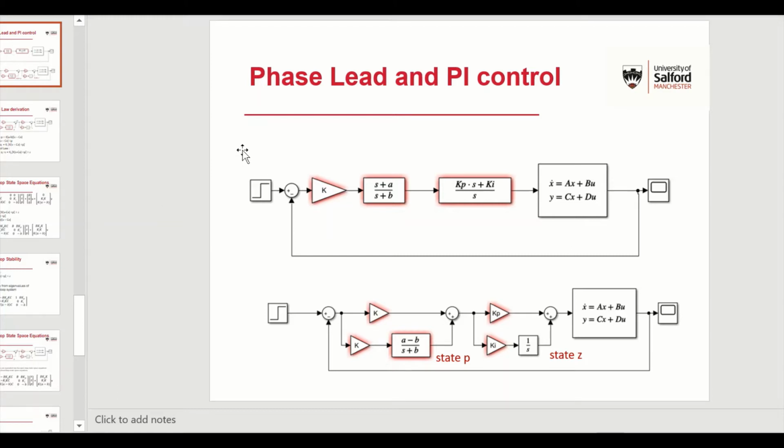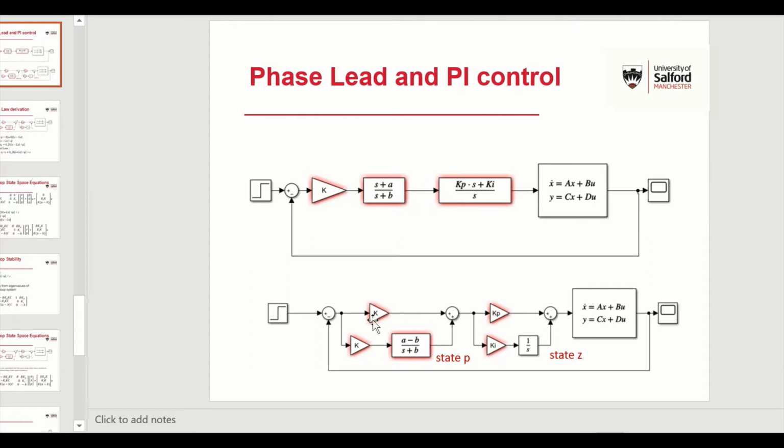Right, the next one we're going to look at is the phase lead and PI control. So this is a little bit more complicated. It's probably about as complicated as it gets. So here's the phase lead here, and here's the PI controller here. Now, in this format, they're a bit tricky to handle. So what we're going to do is convert this one now into the standard form, which is easier to do